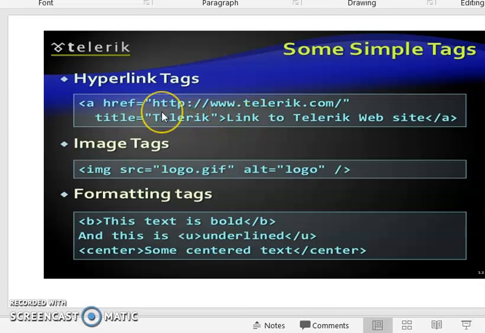And one more thing is that this hyperlink tag, the a tag, must be inside the body tag. So an important tag is the hyperlink tag. The angular a tag indicates where the hyperlink starts, and the /a indicates where it ends.